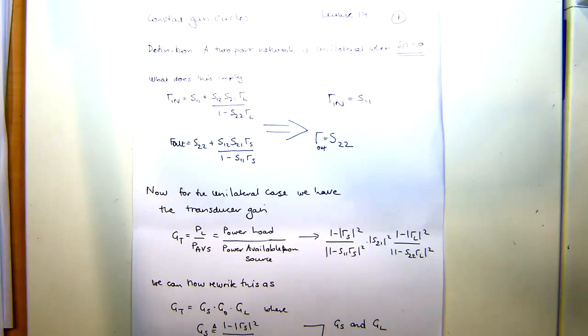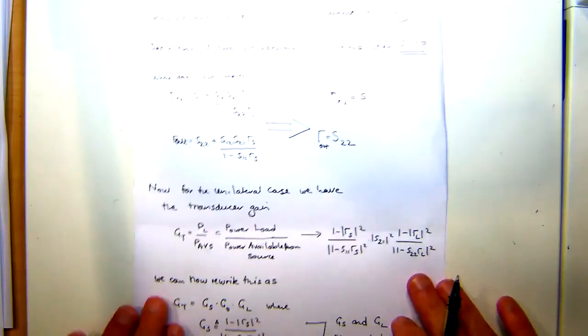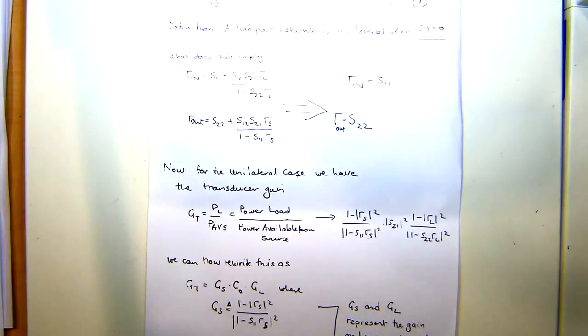S12 is 0, which means the reverse transmission coefficient is 0. So nothing goes backwards from the transistor. That's what's important, right? Essentially, we're going to look at doing the analysis under circumstances where S12 is equal to 0, or